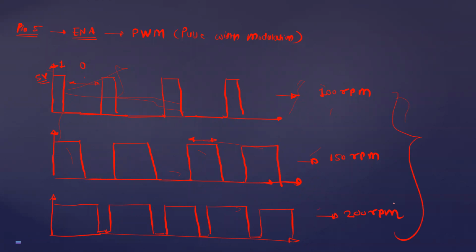Okay. So for that, we are not going to set the actual timing of this high pulse and this low pulse. This is done automatically in the software. So we just need to set the enable pin with some number, and that number will range from 0 to 255. If you set the enable pin, the pin number that we have used is pin number 5. If you set pin number 5 as 0, then the motor will stop. It will not rotate. So this is 0 RPM.